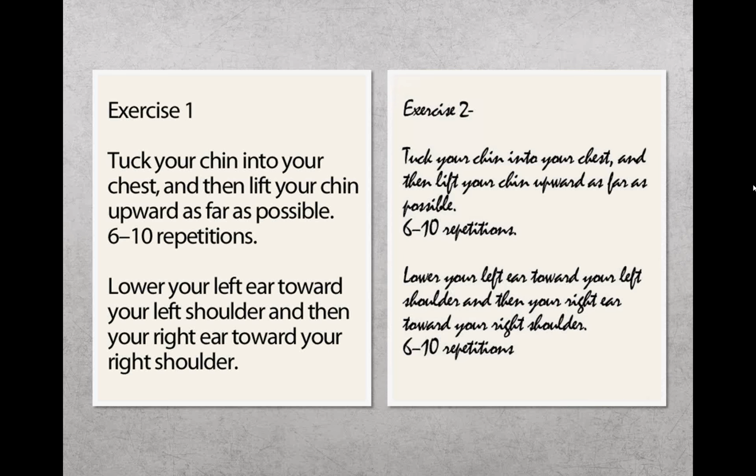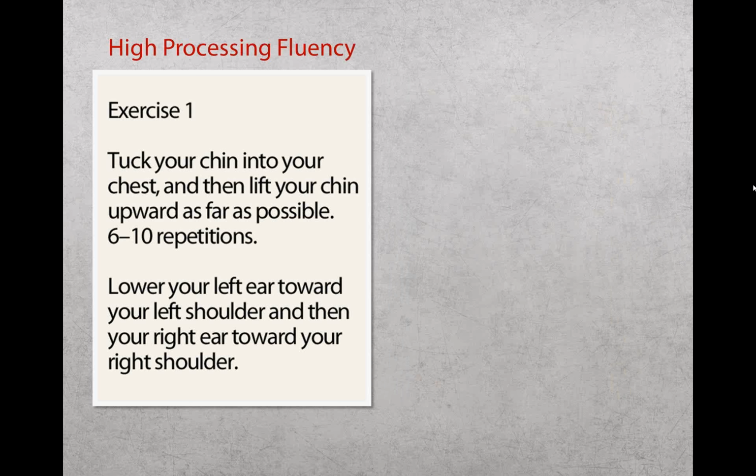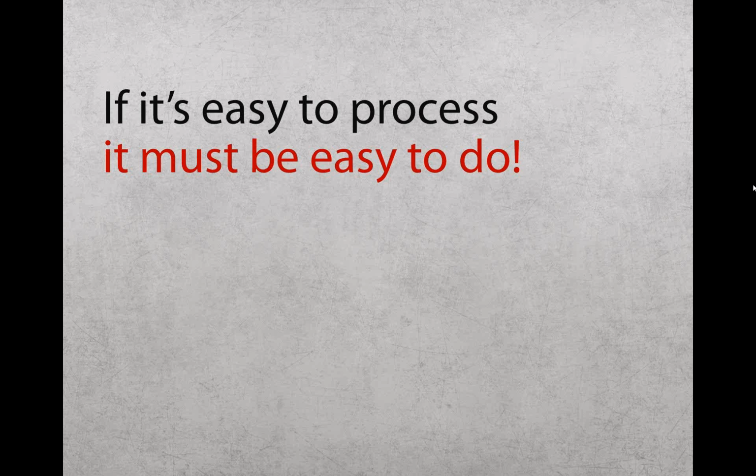They showed another group of participants this exercise. And it was in a typeface that was very difficult to read. And most people said, I cannot do that, I don't have time, it's too difficult. This is an example of how important visual design is. The one on the left is said to have high processing fluency. It's easy for people to process. And what they deduced was if it's easy to process, then it must be easy to do. So that's just an example of how if we give learners something that's easy for them to process, they won't think that the material is as difficult and they might retain it more.